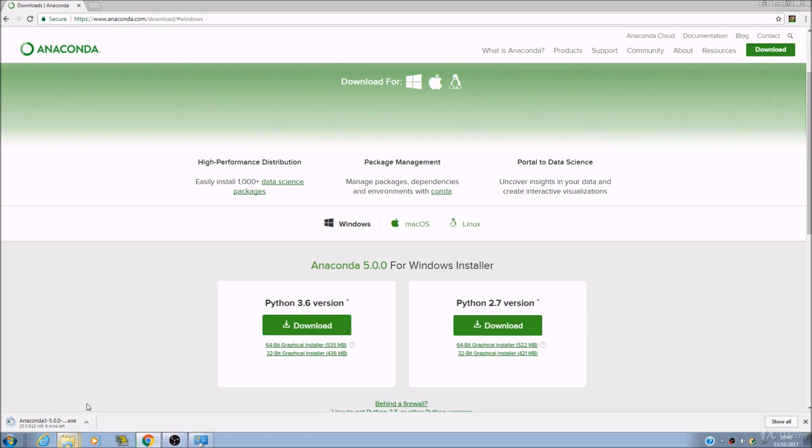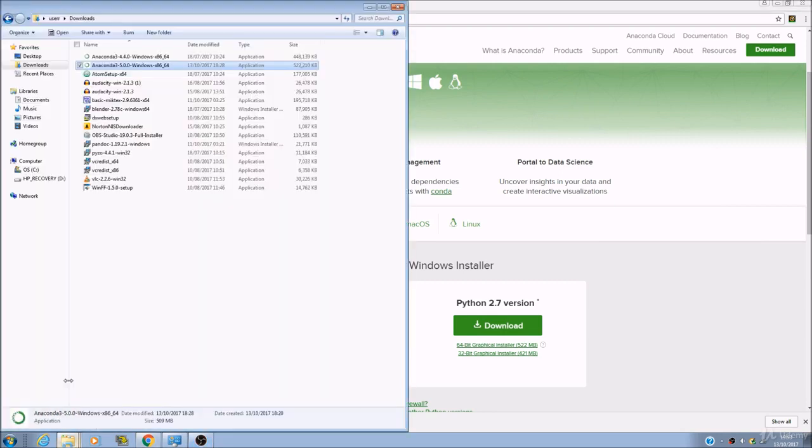And this is going to take some time, so I'm going to skip ahead. As you can see, it's 510 megabytes. So once the latest version of Anaconda, 5.0.0, has been downloaded, what you want to do is go to the Downloads folder. And as you can see at the top here, I have an older version of Anaconda, which is 4.4. So you want to double click on the 5.0 version,